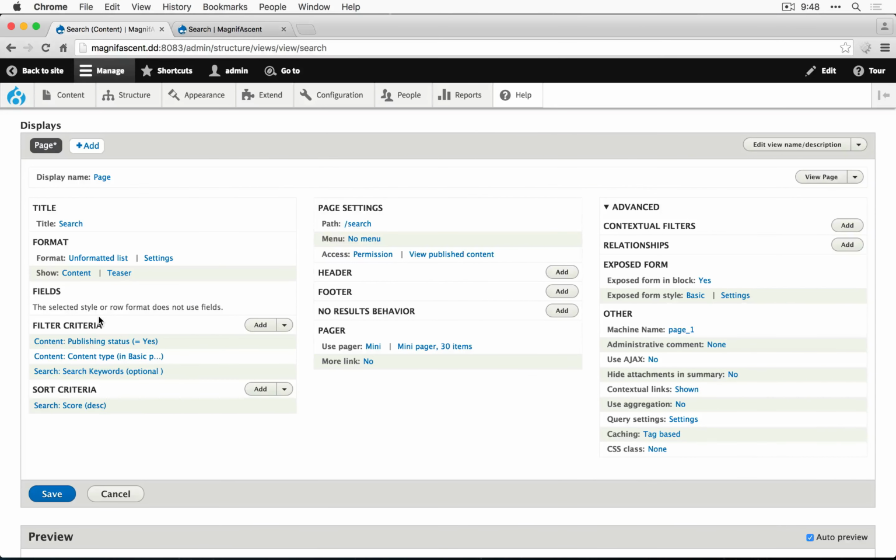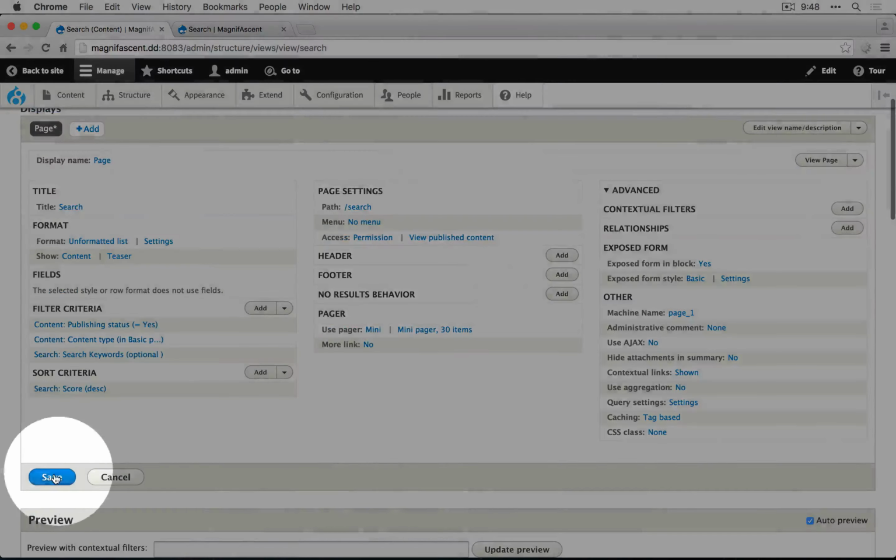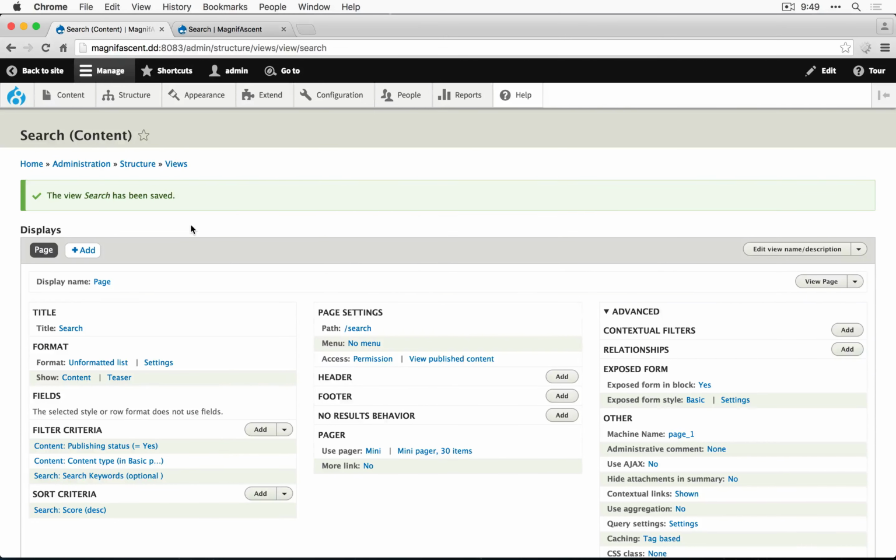When we do this, it's going to move the exposed filter into a block, and then we'll have to manually place it where we want to display it. Because it's now in a block, we're not going to see it in the preview anymore. Let's click save. Now because it's a block, we'll be able to display it in two different places based on